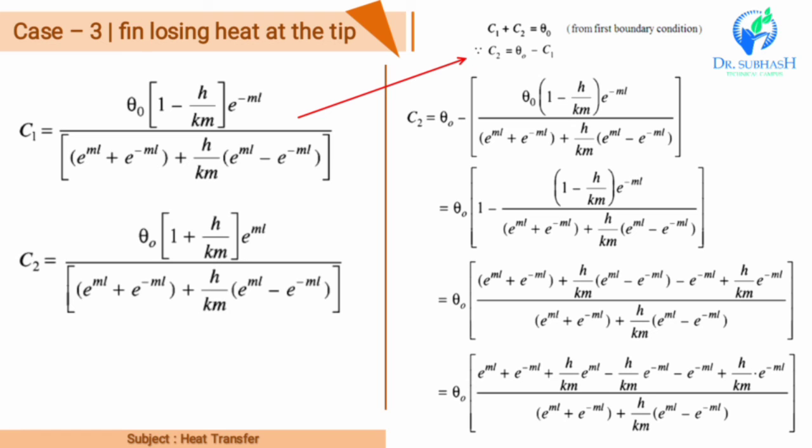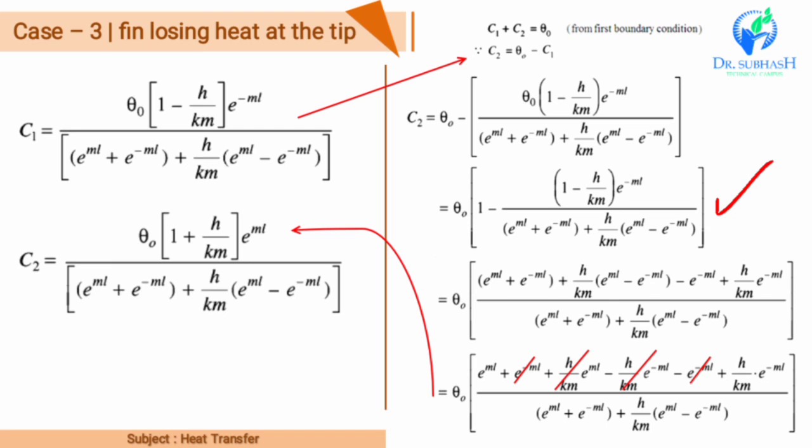Now, take theta 0 common from this equation, we get this second step, and then after taking the LCM of this equation, finally we get the value of C2. C2 is equal to theta 0 inside the bracket, 1 plus h by km e raised to ml divided by e raised to ml plus e raised to minus ml plus h by km e raised to ml minus e